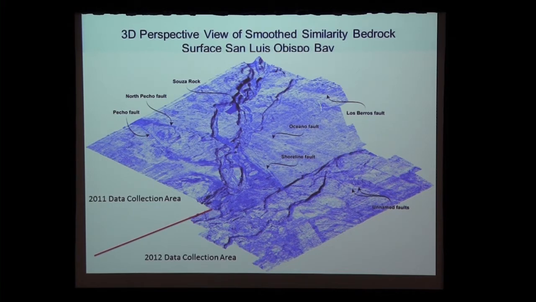And then this is bedrock. This is all bedrock. This is the smooth similarity on the bedrock surface, and all of these channels are eroded and incised into the bedrock surface. And we see new faults. We see an unnamed fault in here. We see the old Pachel fault coming down here, another part of the Pachel fault coming through here. This has been mapped before, but we see it in finer detail here. We can't carry it as far as it was shown previously, but we do see examples of that fault in this data.